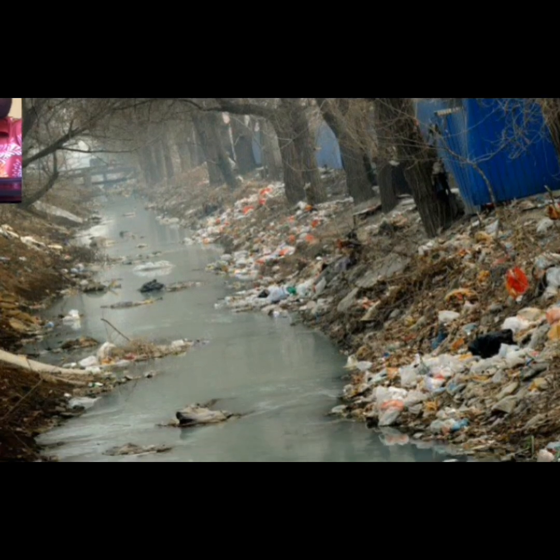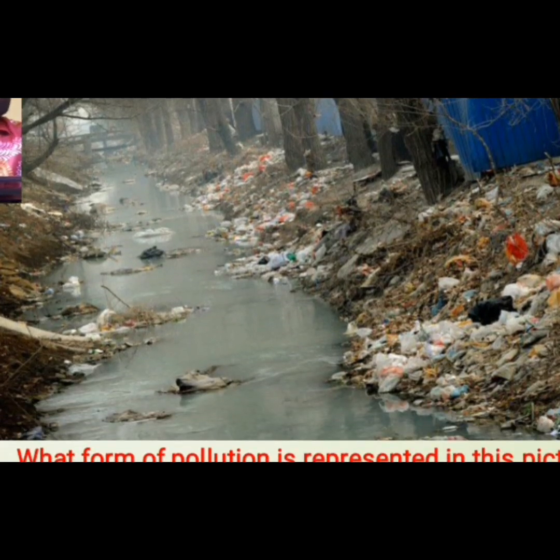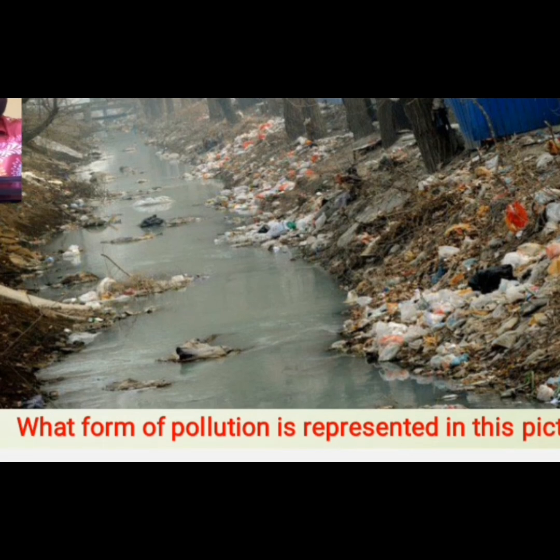Let's look at this picture. Who can guess what is happening here? So the question underneath is, what form of pollution is represented in this picture? Did I hear you say land pollution, or water is flowing in between two lands? Would you say it's water pollution? Okay, it's both. We have both water pollution and land pollution, but I'm focusing on the land or soil pollution